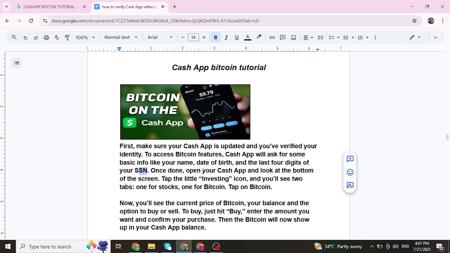Once done, open your Cash App and look at the bottom of the screen. Tap the little investing icon and you will see two tabs, one for stocks and one for Bitcoin. Tap on Bitcoin. So now you will see the current price of Bitcoin, your balance, and the option to buy